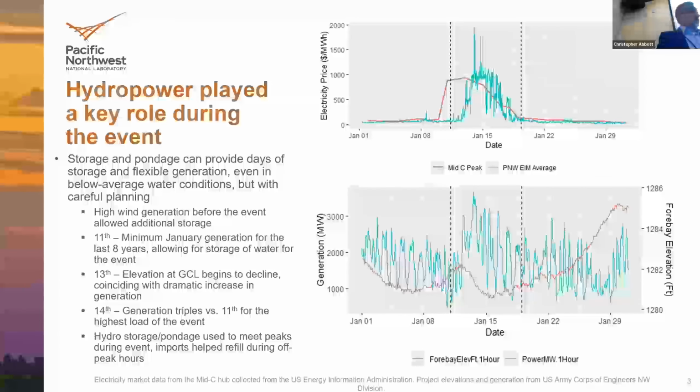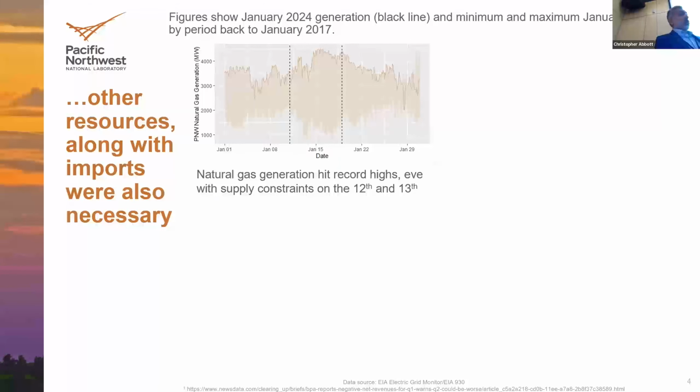But then the dark line is what the actual generation was from the natural gas fleet. So the natural gas generation was basically at its record levels before, during, and after the event. The wind generation, it is what it is, right? But we're seeing what happened before, and this is really a contrast of before, during, and